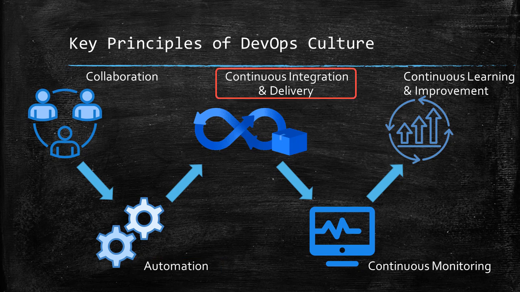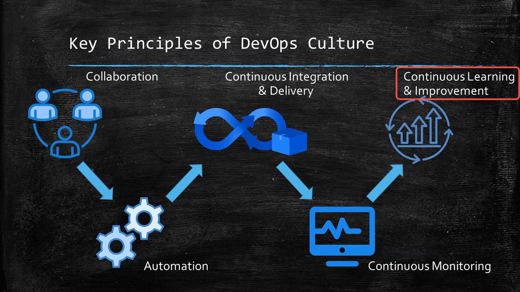Continuous integration and delivery. For stitching the automated processes together, continuous integration and delivery, CI/CD, becomes key. It is a core DevOps principle that emphasizes the need for frequent and automated testing, integration, and delivery. Monitoring and feedback make sure the deployed software is functioning as per expectations. Continuous monitoring is important, and feedback helps teams to identify and fix issues quickly. This includes the use of metrics and logs to identify issues, as well as providing feedback to developers and operations.